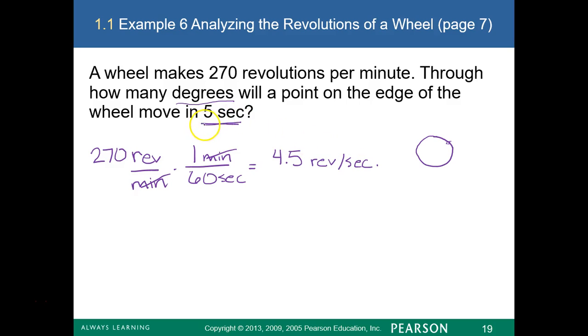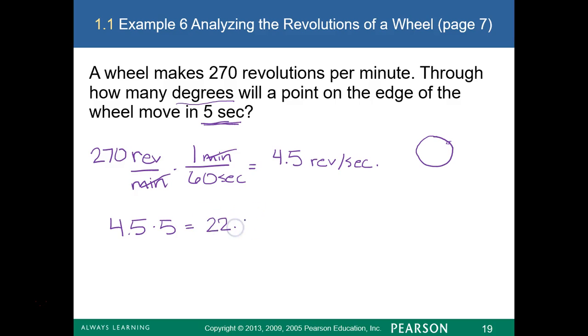Now, multiply your 5 seconds by this 4.5 revolutions per second. Let's multiply 4.5 times 5. That gives us, in 5 seconds, this point on the edge of our wheel